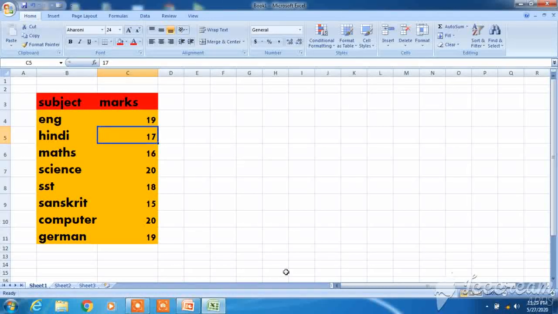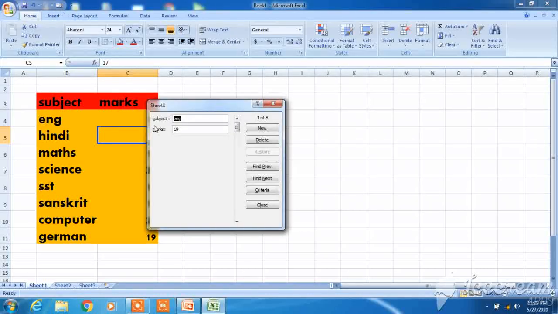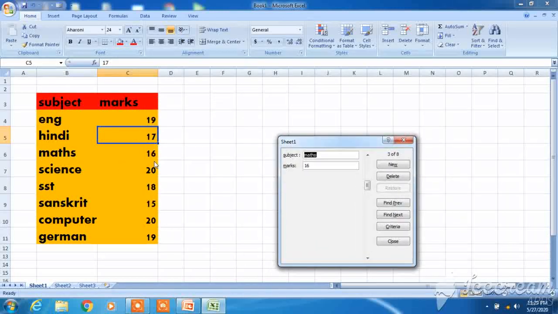Now we will search a particular record in the database. This is the database record, right? Again click on form. The form will open up. Click on criteria. A blank form will appear. Now we will write the subject, same as, then press enter. The mathematics marks will get displayed. Let's see. Maths is 16, right?